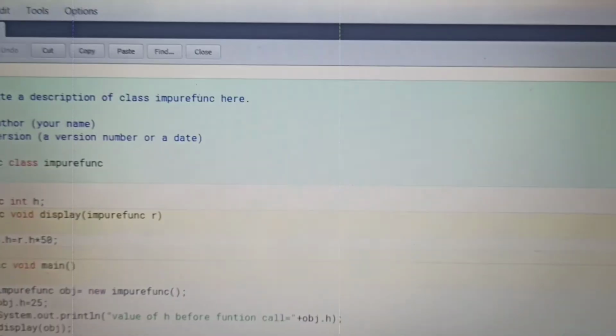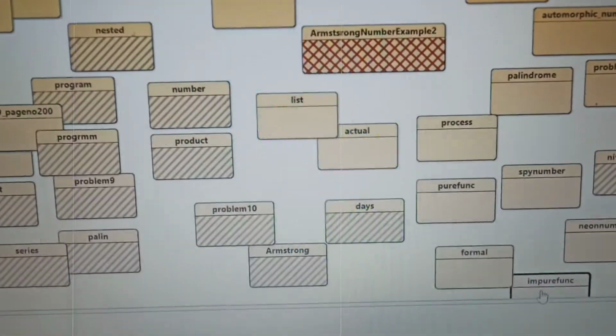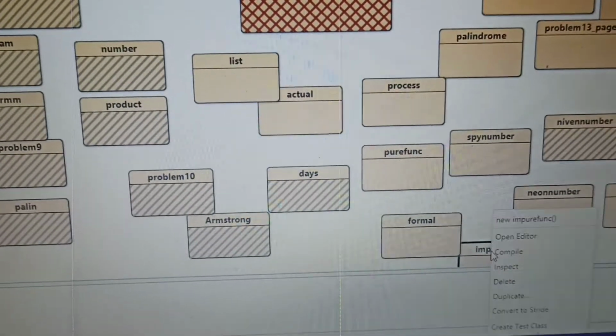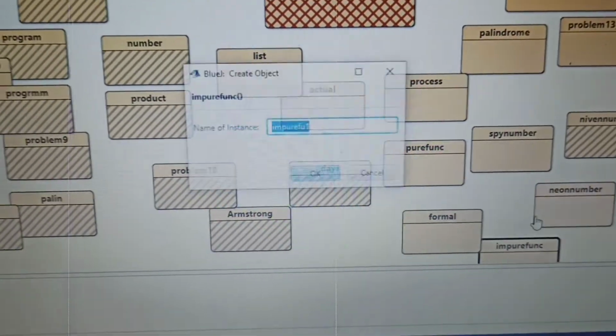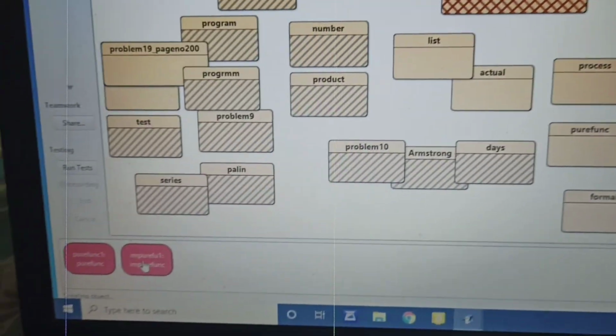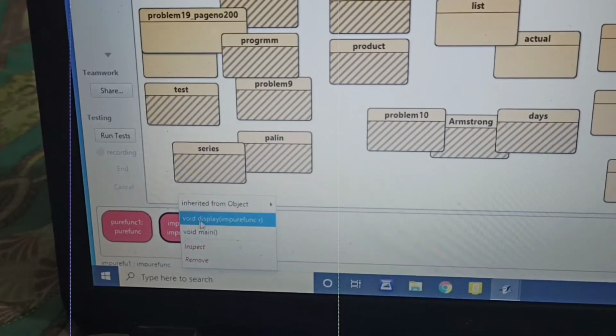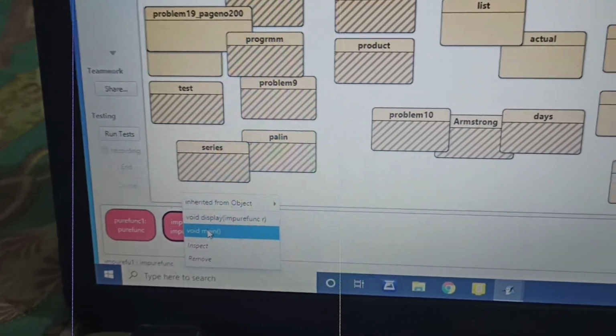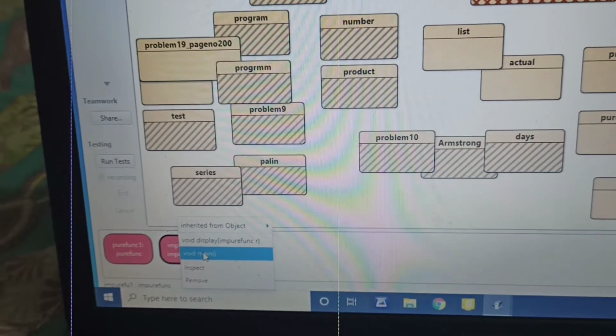I will also execute the program, then it will be much clearer to you. We'll call it with the main method.